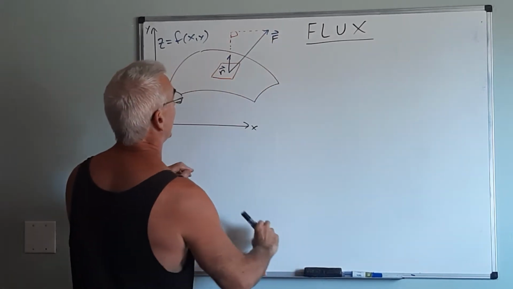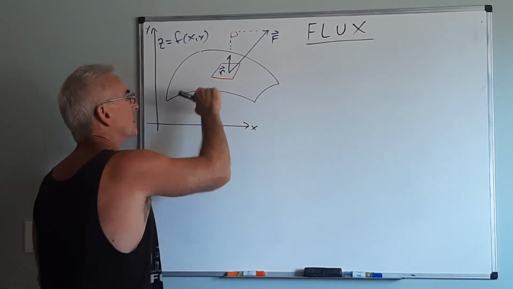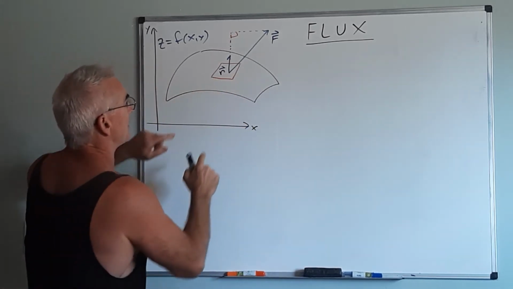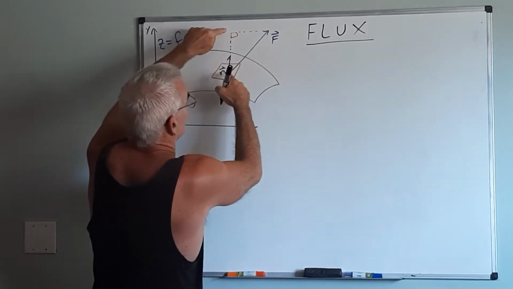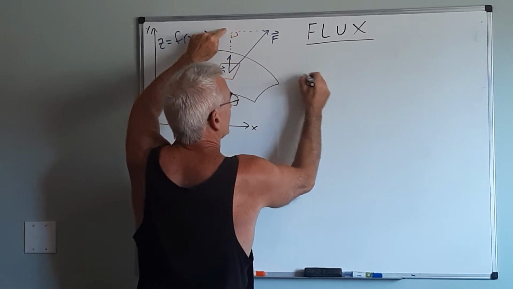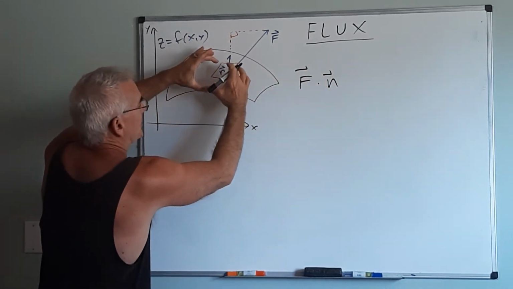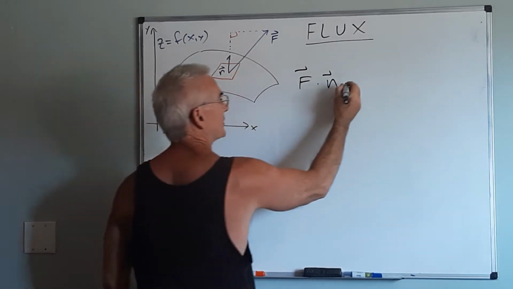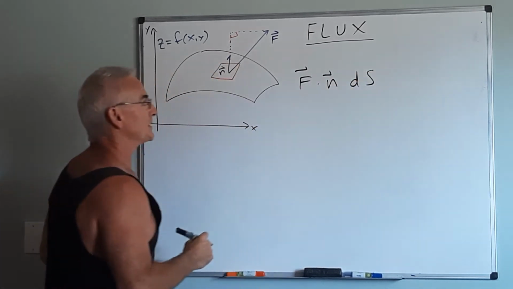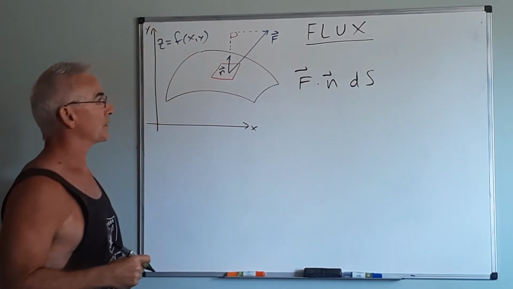So if I said how much water is squirting through, let's say at this point, let's call little n the unit normal vector. Then the amount at this point right here would be the amount of F in this direction, or simply F dotted with n. If I then said how much over that entire patch, well, we know that patch is the dS patch. So this would give us basically the amount of fluid per unit of time that is flowing through at that